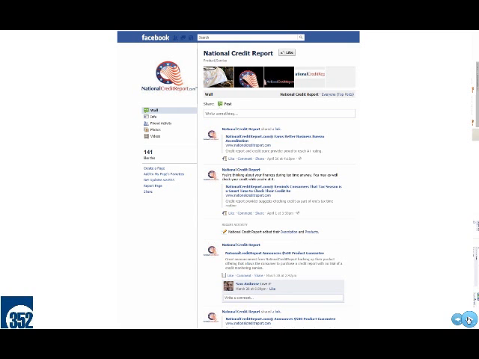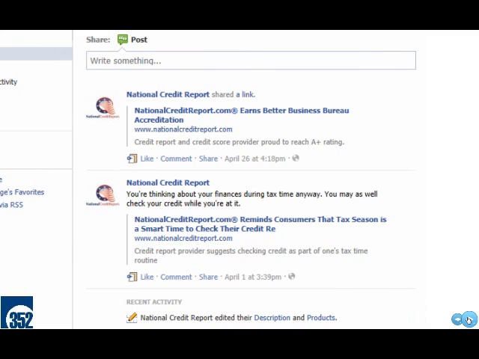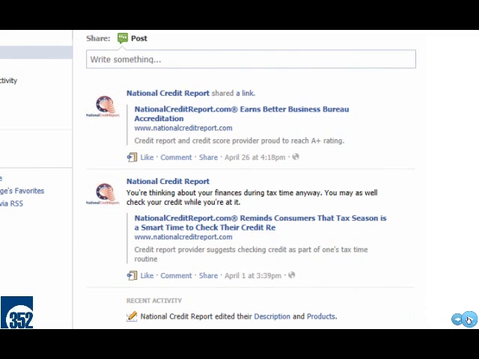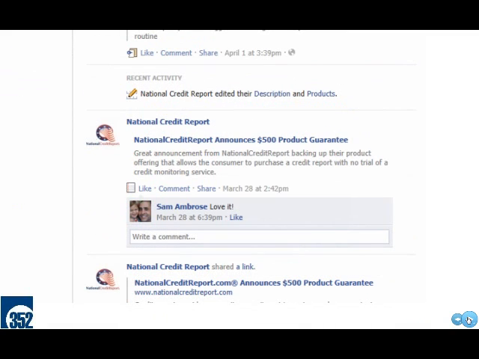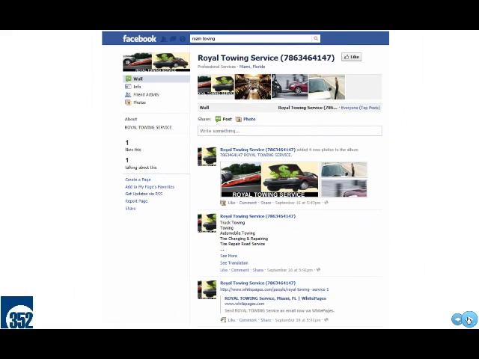Another example, one of those credit reporting companies, they're doing the exact same thing here. The first link is a link to them. The second link is a link to them as well with a note. And then we've got more down here where they actually did get a comment, but it's still pushing people to read stories and things on their website.